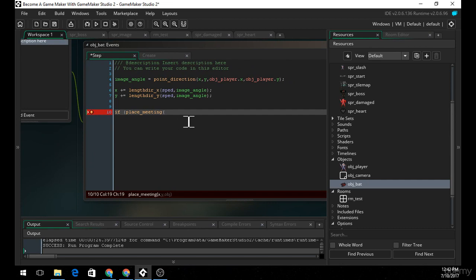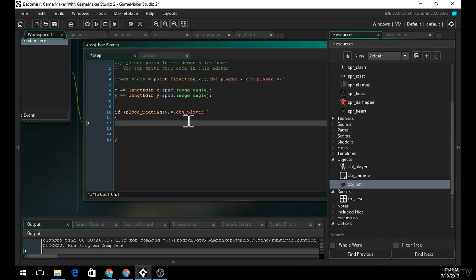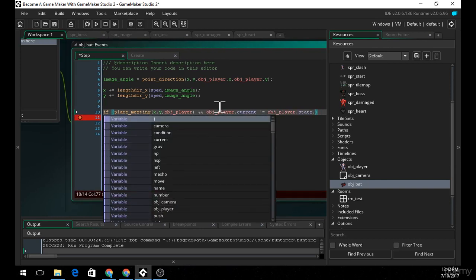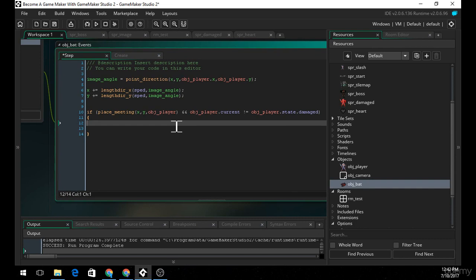If place meeting x, y, obj player, then, actually, we'll do this as well: if obj player dot current does not equal, and we may have to do something a little bit more complicated here, state dot damaged, then obj player dot push